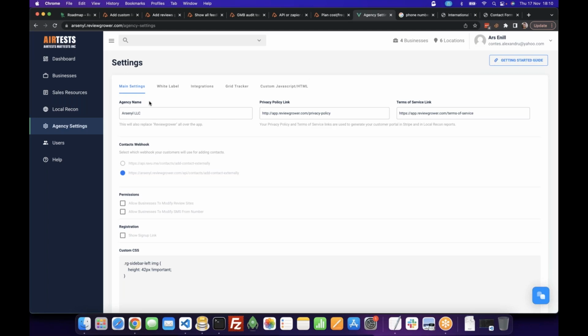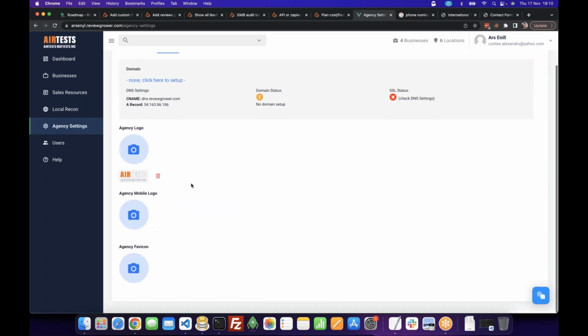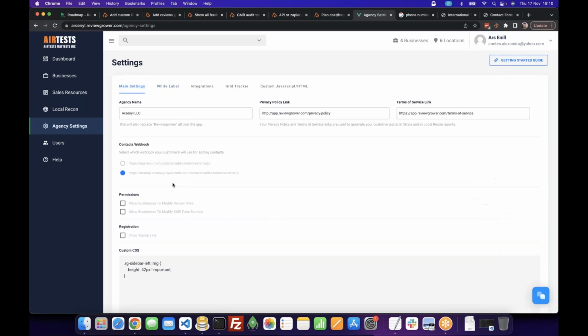Why not? And then that would be shown to the businesses, and they can just click on it, and it would be an external URL. I'm thinking where we would put that, maybe under white label, but no, I don't think so. I think just under main settings, somewhere in here,